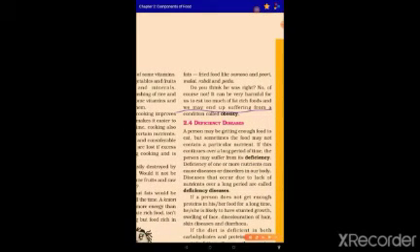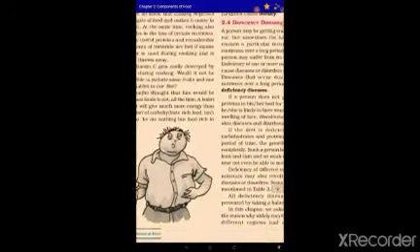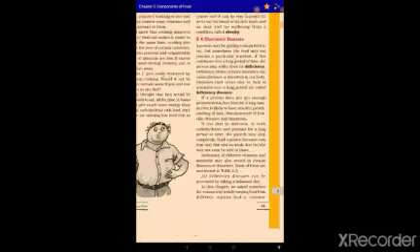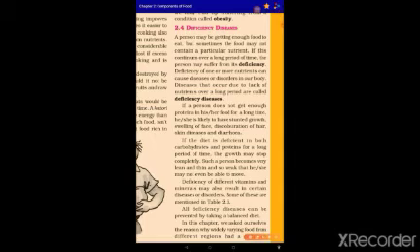So friends, if we eat a greater amount of fat-rich foods, we may end up suffering from a condition called obesity. Like this Bujo is having. A person may be getting enough food to eat, but sometimes the food may not contain